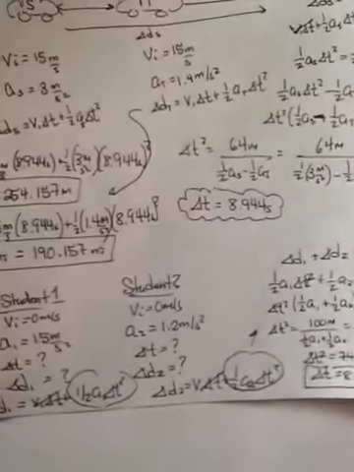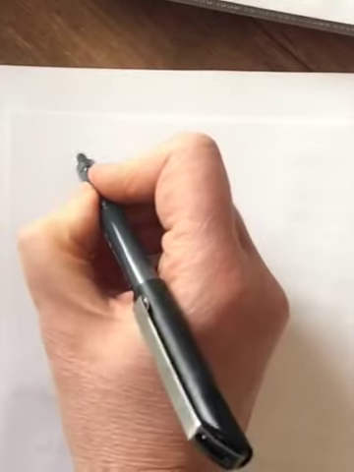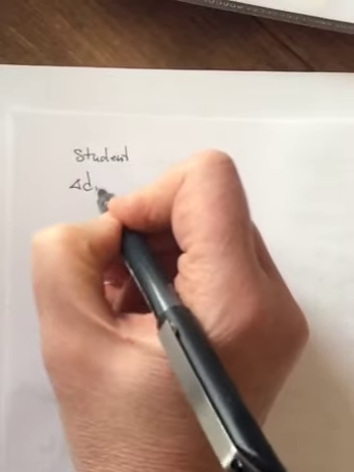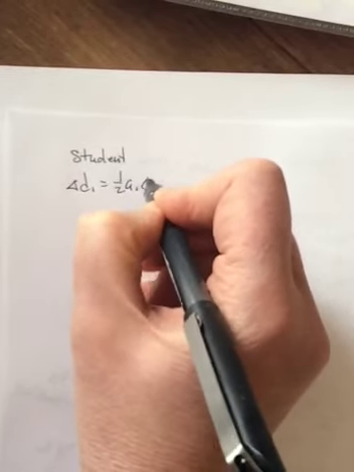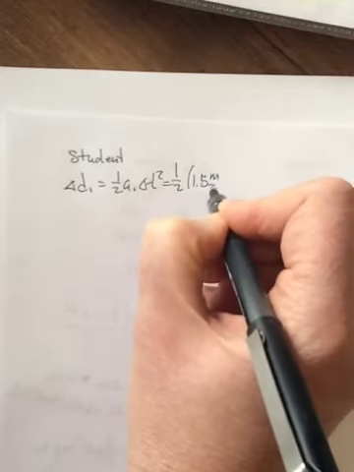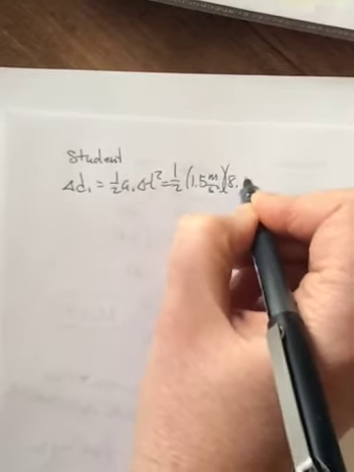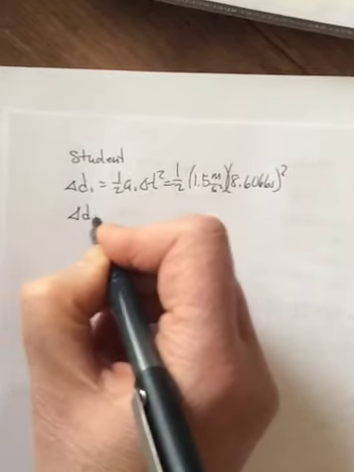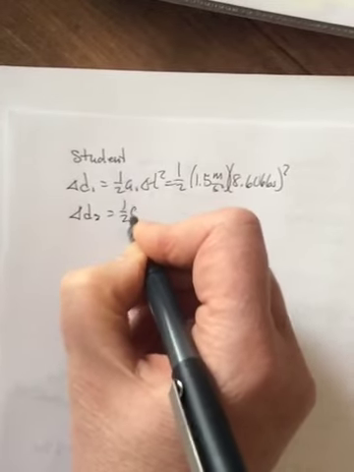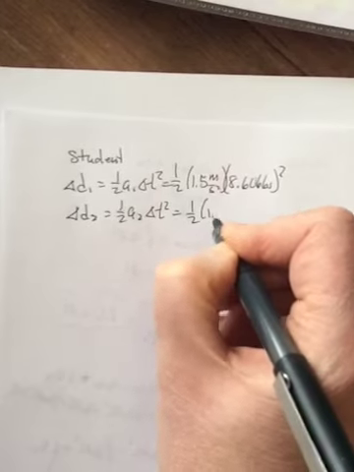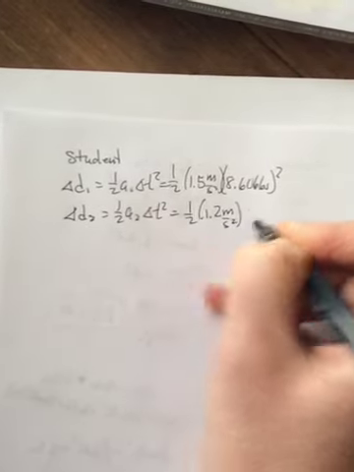And then the question wants to know how far have they each traveled. So you would then turn around, and for student 1, you would do delta D1, we had it was equal to 1/2 a1 delta T squared. So 1/2 of 1.5 meters per second squared by 8.6066 seconds squared. And for 2, it's 1/2 a2 delta T squared. So 1/2 of 1.2 meters per second squared